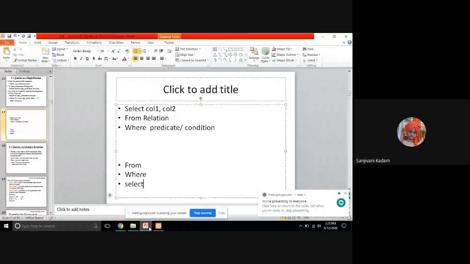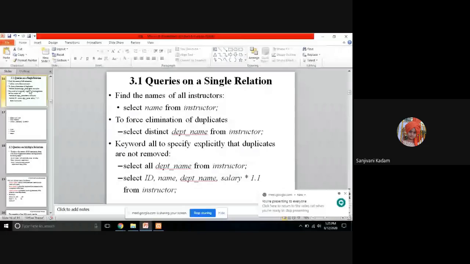So this is queries on a single relation. Here the select clause will always give us duplicate rows also. If I'm asking for the name, and two instructors have the same name, then it will list all the names without removing the duplicates. If you want to eliminate the duplicates, we can use the distinct keyword. The distinct keyword is used in order to give distinct values each time. Next, if we explicitly want to display all the duplicates, then we can use the all